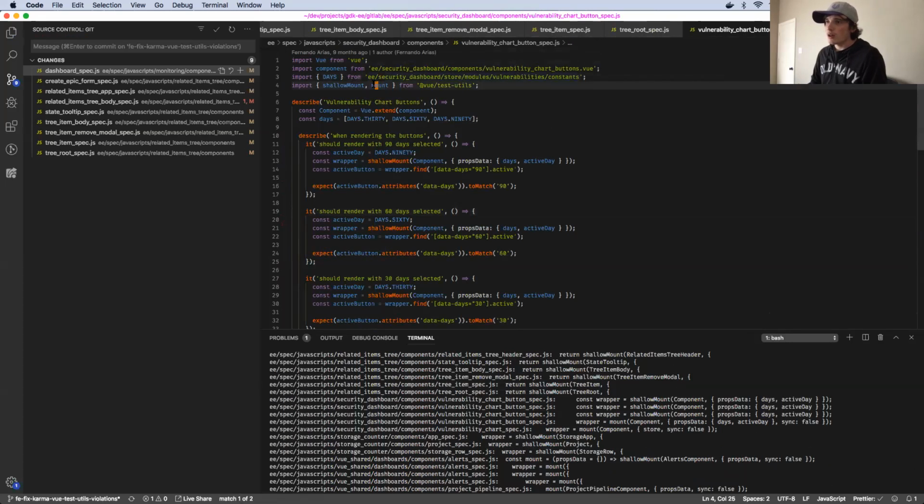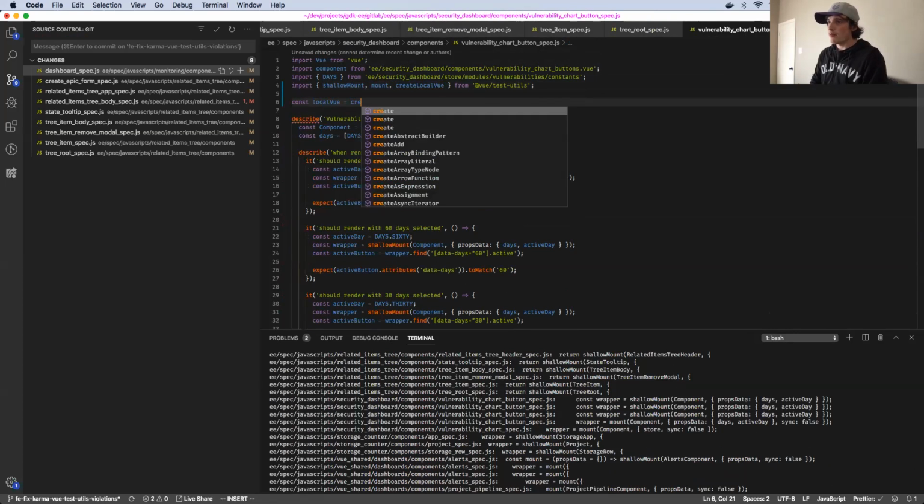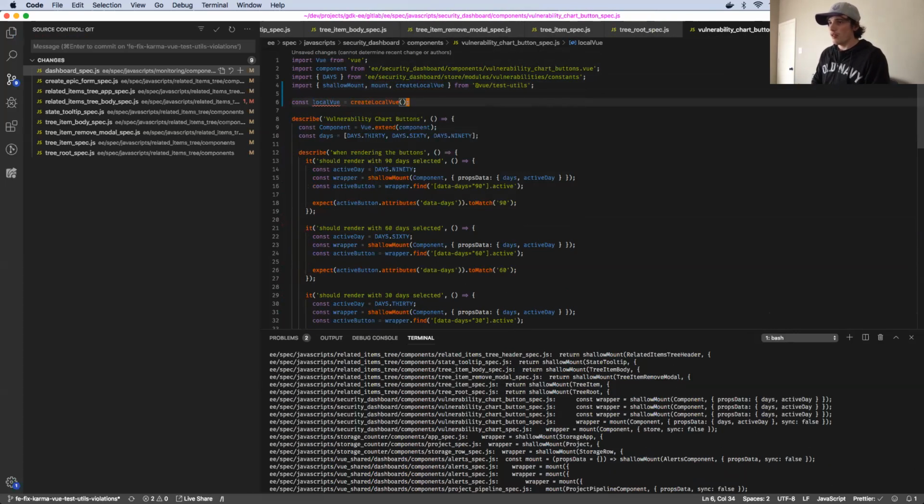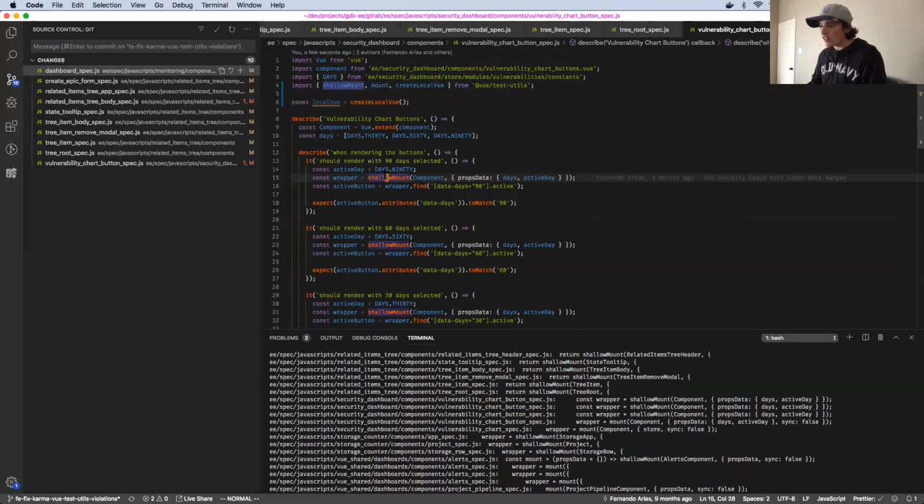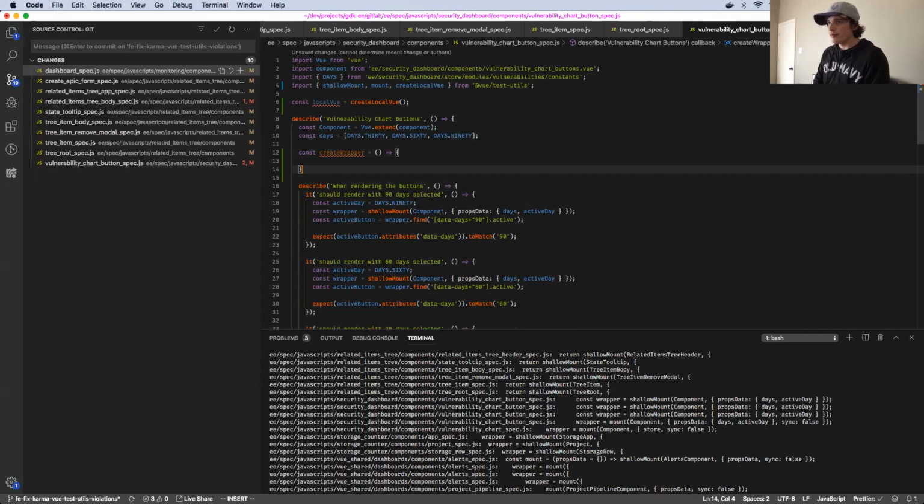All right, here we've got mount, and I see here we're not even importing create local view, so I'm gonna do that. All right, and we call, oh, this is one of those where we call mount multiple times. All right. Oh, we're not even destroying the wrapper. Oh, man. All right, I'm going to try to